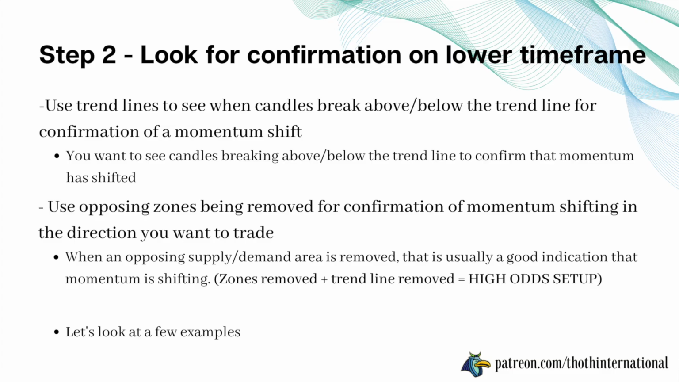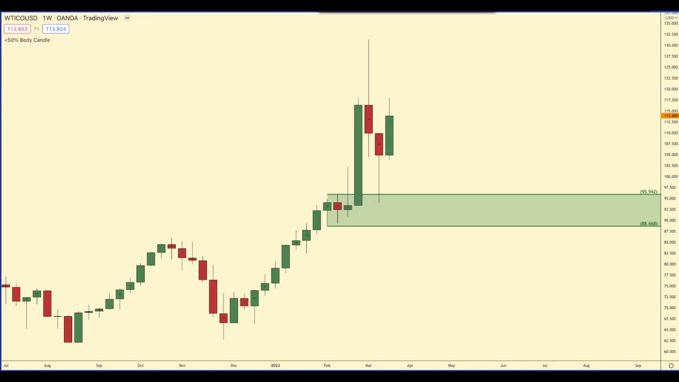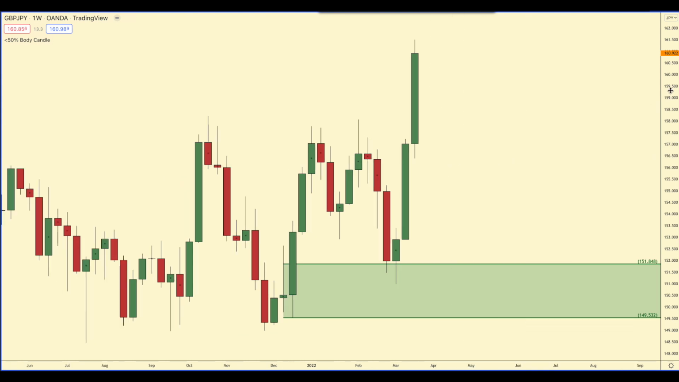All right, so step 2, look for confirmation on the lower time frame, like I was mentioning before. So we use trend lines to see when a candle breaks above or below a trend line for confirmation of that momentum shift. And you want to see candles breaking above or below the trend line to confirm that momentum has actually started to shift. So if we actually come to a GBP JPY chart here on the weekly time frame,